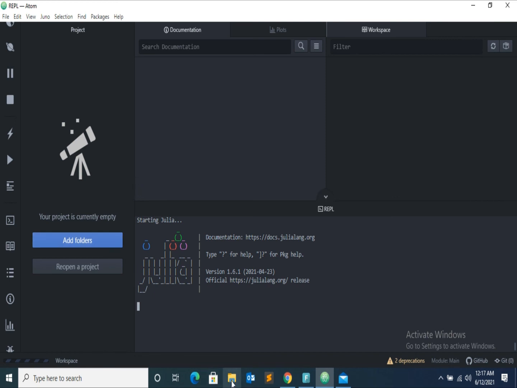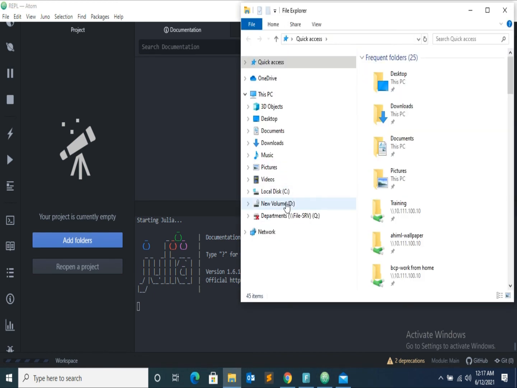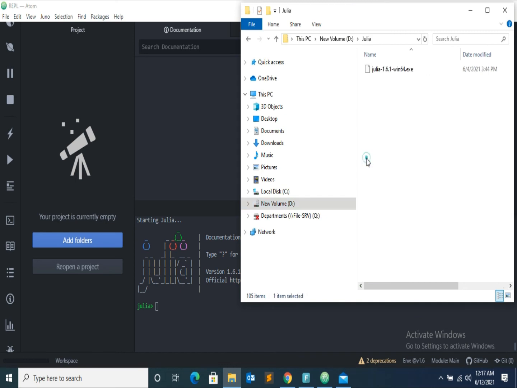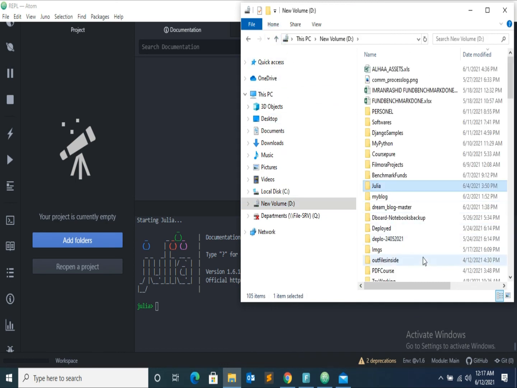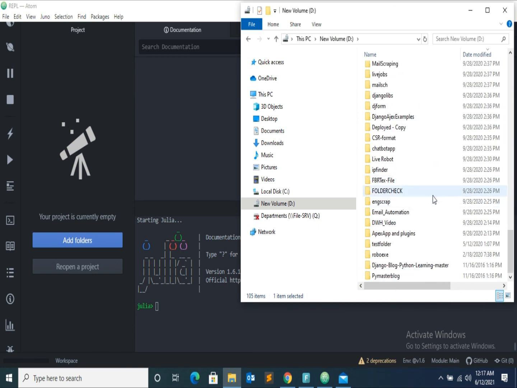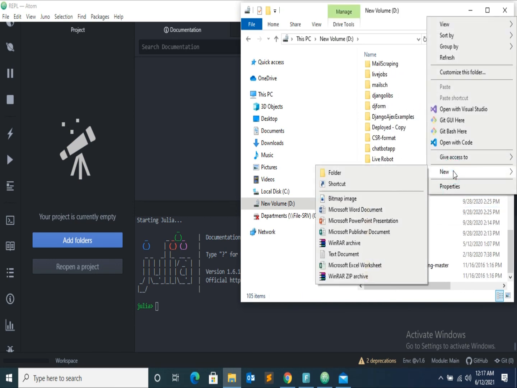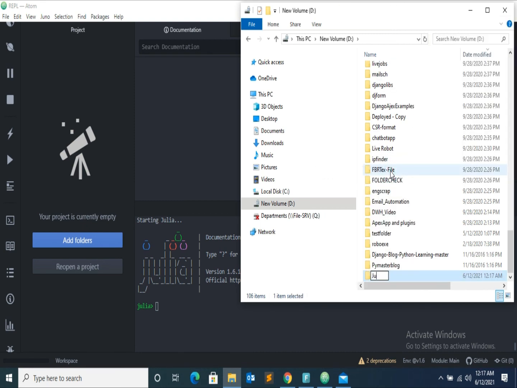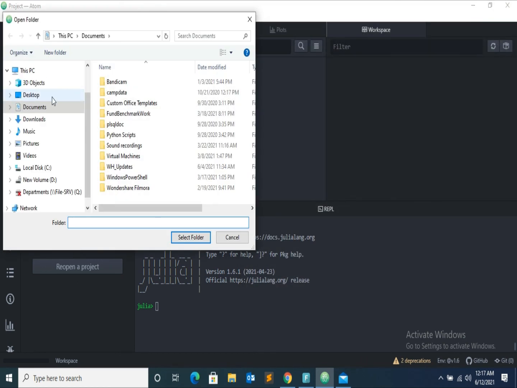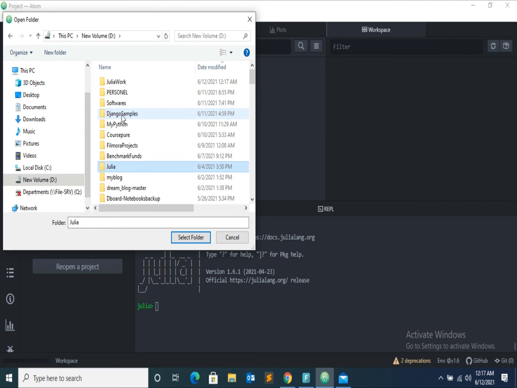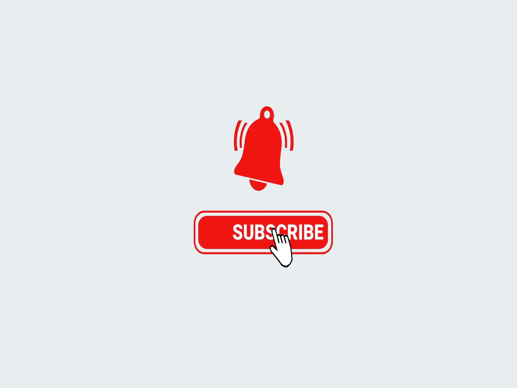You can clear the screen of Julia by pressing Ctrl D. It will stop and restart again. Now we can make a folder in our operating system and map that folder as our working folder with this environment, like I am doing now. Look, I am adding the folder and it's done.